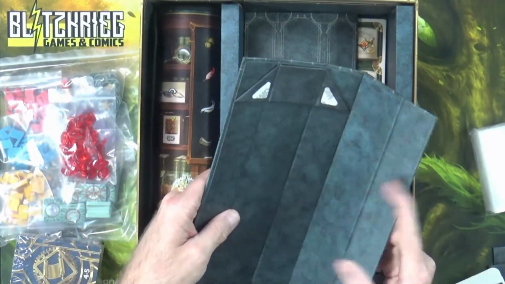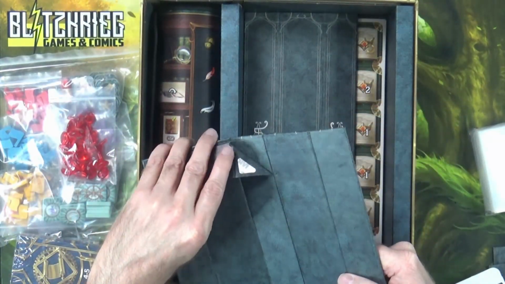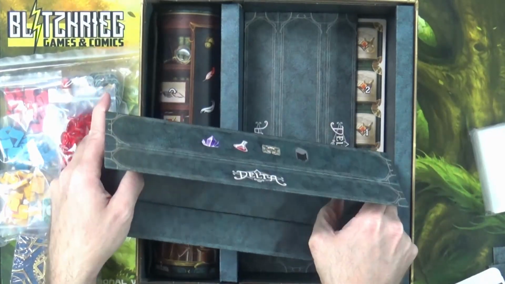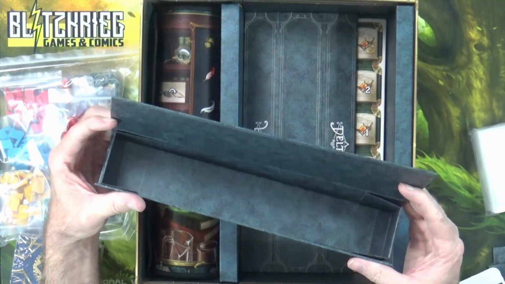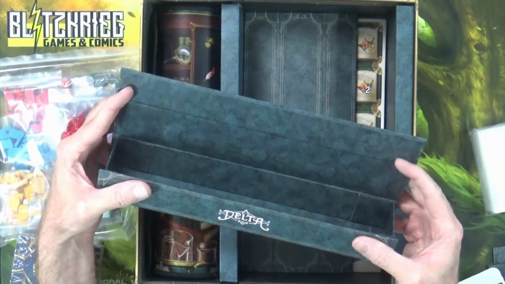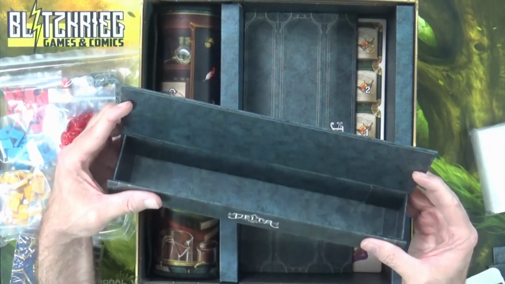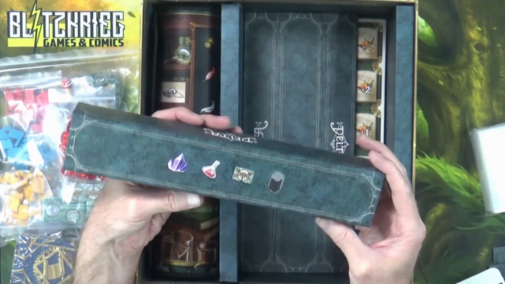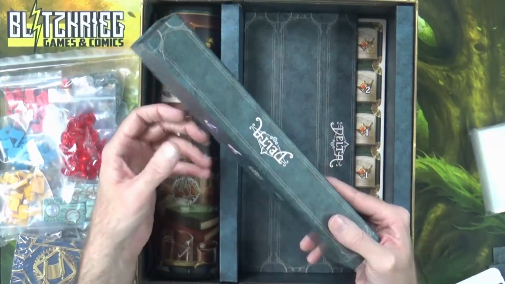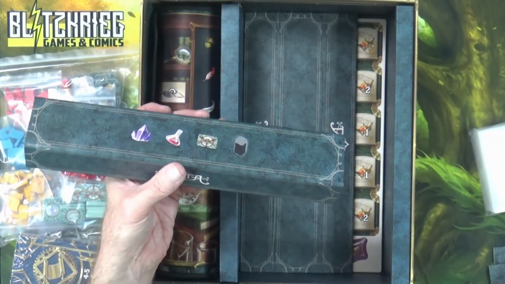Oh, I think I know what may be going on here. So this looks like another one of those foldable boxes. And these are pretty thick. They're not like cheap cardboard. They're pretty thick. And I kind of suspected with the other box when I saw it, but they just look too long. But this looks like it's going to be like a little resource box. And then I'm betting,